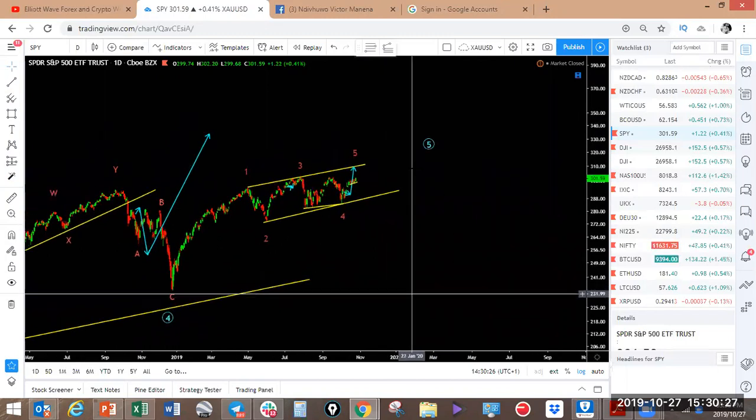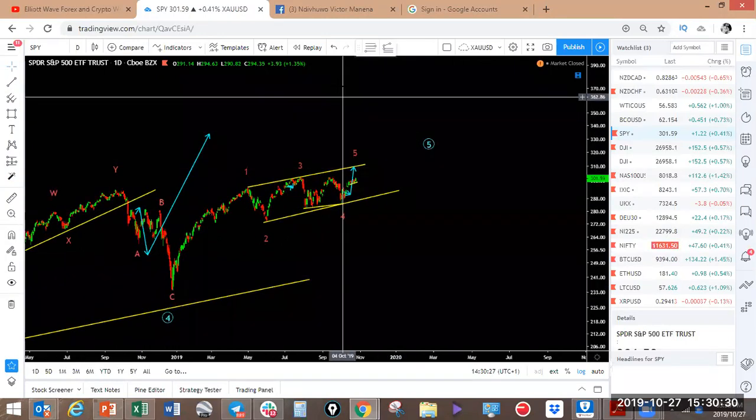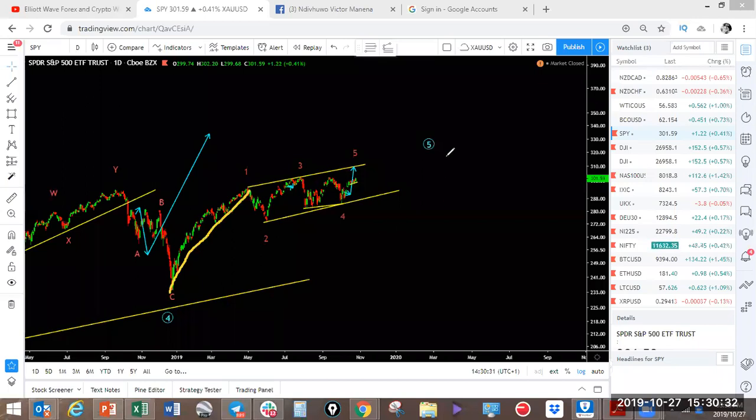or not necessarily a trick, but an alternative that could happen here. So you've got a move to the upside. Now we are saying that this is a wave 3, but wave 3 can actually be this structure. This whole thing here can actually be a wave 3. 1, 2, 3 can actually be a 3 on its own. All of that. So you can have that as a wave 3, you can have that as a wave 4, and then you can have this as a wave 5. So these can go on longer. But for now we are looking at this as wave 3,